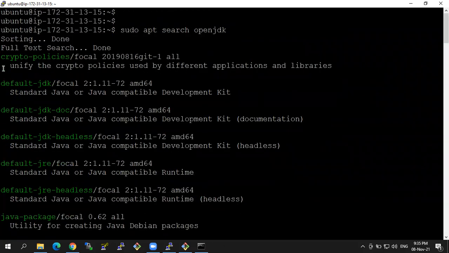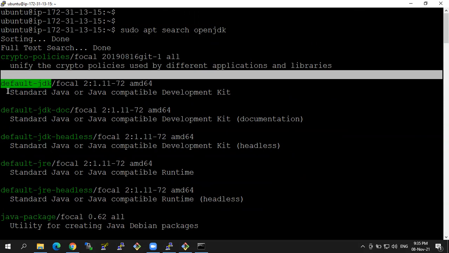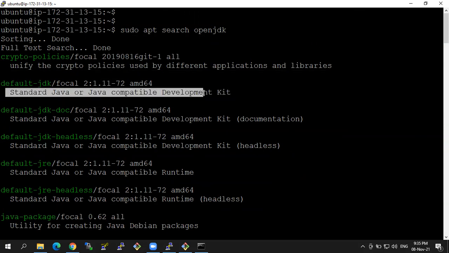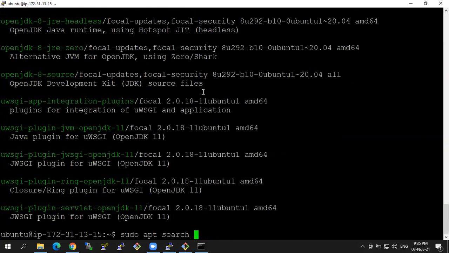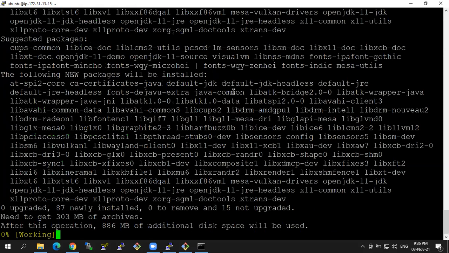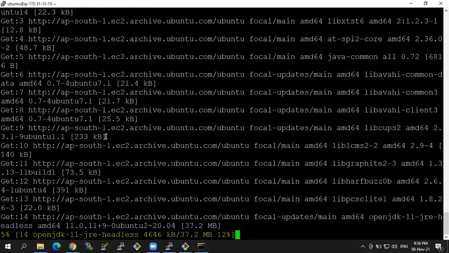You need to take the default JDK. So default JDK is the name, and you need to install the standard Java. You can see the description also: standard Java or Java compatible development kit. So here you need to install the Java package first, with the name default-jdk. Once Java is installed,